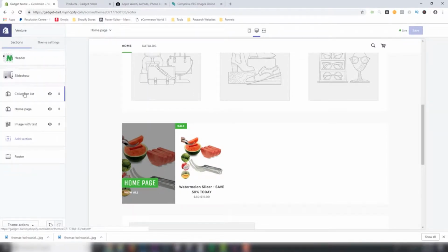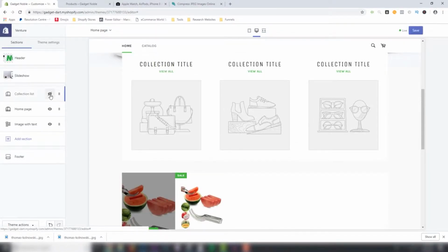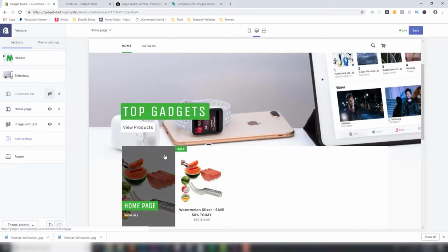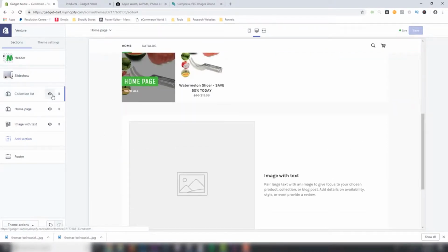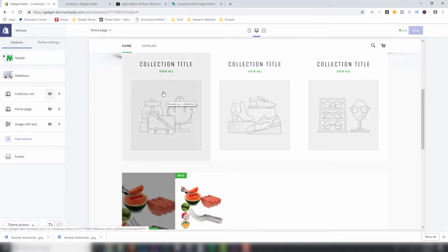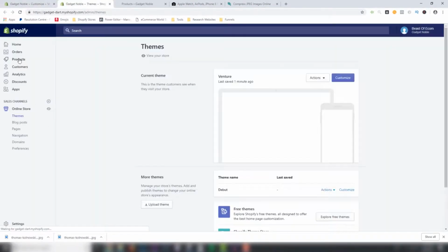Let's go to the sections, collections list. Now let's toggle this off to see what it looks like. We can just go straight into the products. Or we can leave it on like that. We haven't got collections as of yet. We've got one collection. Now to add in our collection photo, I believe we have to go into the products,